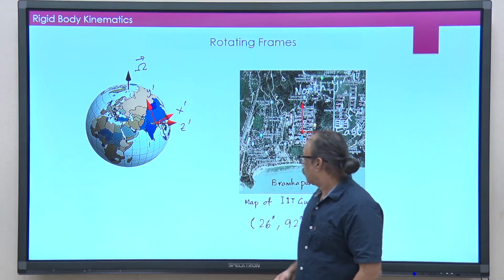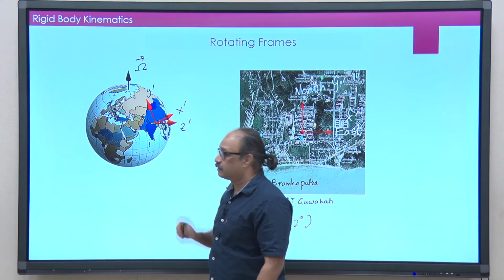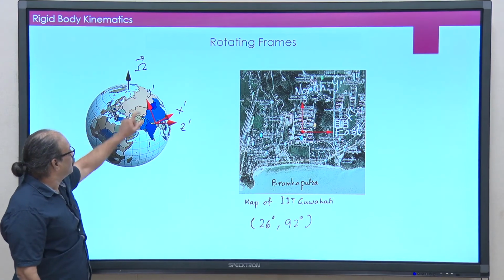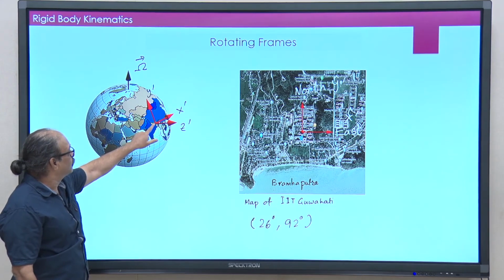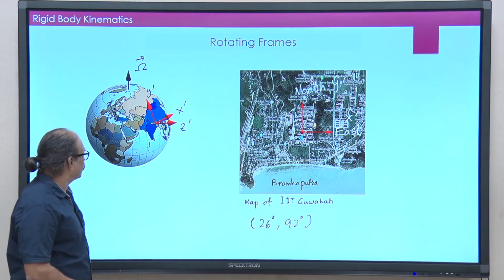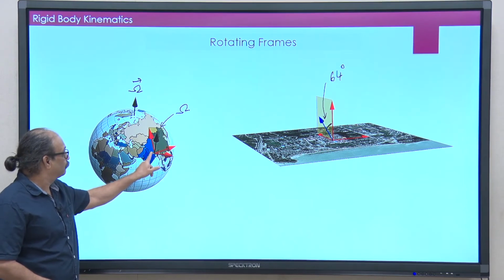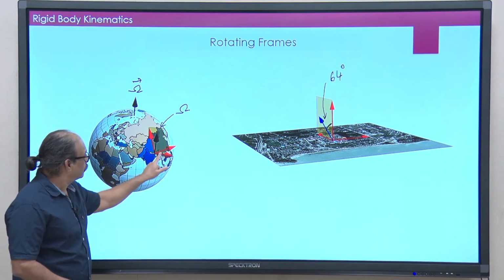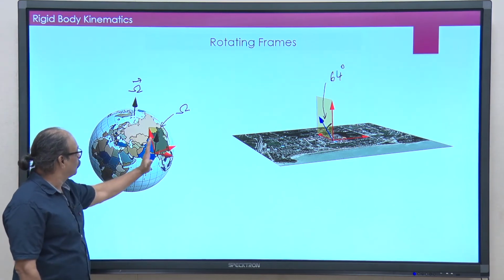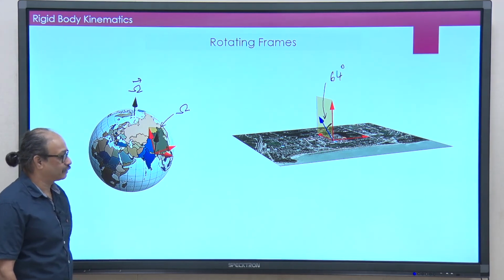Now, how do I find that omega vector is a question, but from this diagram it is very easy to see. What would that omega vector be? That omega vector is here, and this is basically omega vector. If I draw a parallel vector here, then I would see something like this. So, there you have z prime, you have y prime, and then there is a x prime. I have drawn a vector which is parallel to the omega vector.